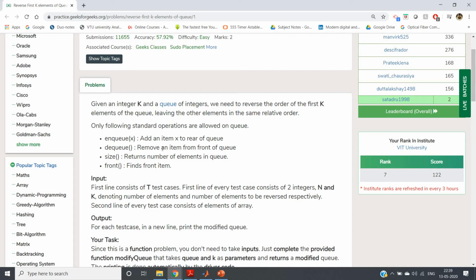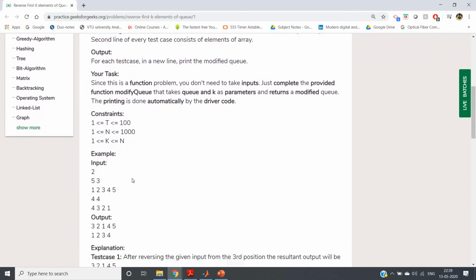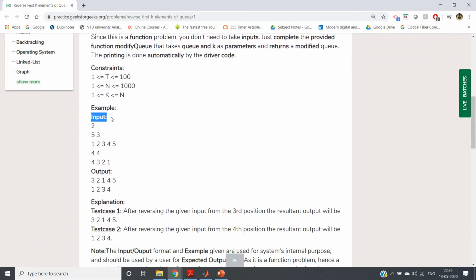Okay, so we are basically using two data structures in a particular problem. See here, detailed explanation you can check. Let me directly go to the test case. And the typical test case on GeeksforGeeks follows like this: first one is basically the number of test cases, so 2 test cases. First one is the length of the queue, so the queue is having elements 1 2 3 4 5 and the k value is 3, so we have to basically reverse the first k elements. Okay, so 1 2 3 has to be reversed and our output should be 3 2 1 and then 4 5. See, 4 5 we are not reversing.